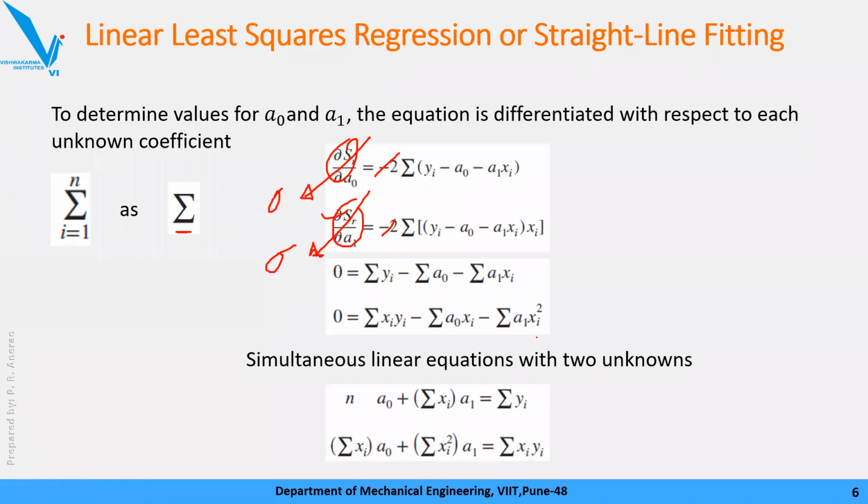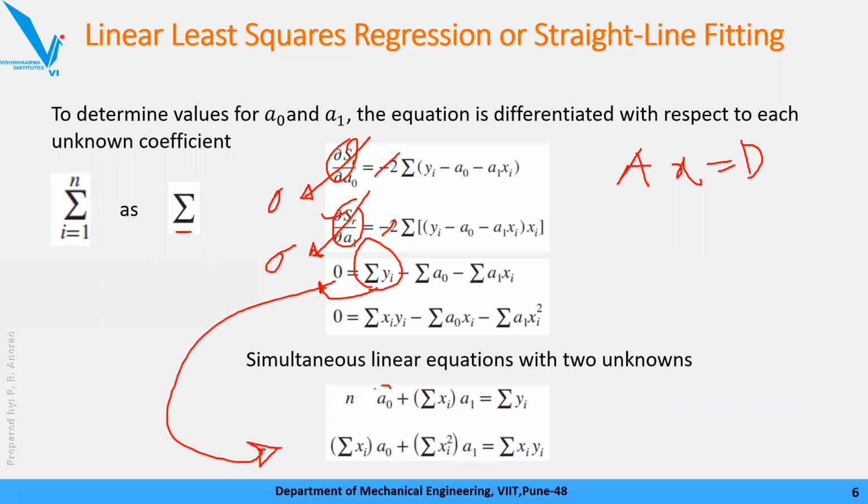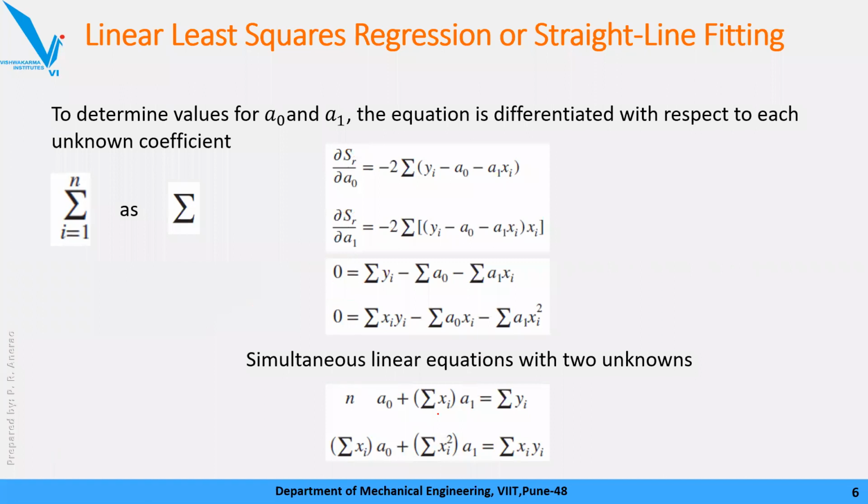Now in that normal equation, if you look at a reformat in this way, y of i I have taken onto the right hand side. Now recall the previous unit, we saw a format for our linear systemization, ax equal to d. We wrote it in this format. So these are your unknowns a0 and a1, a0 and a1.